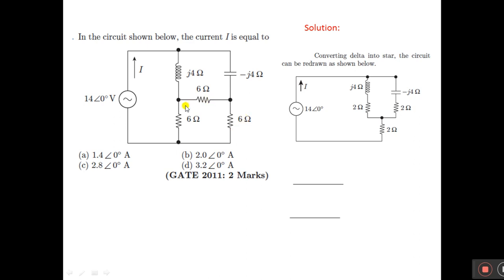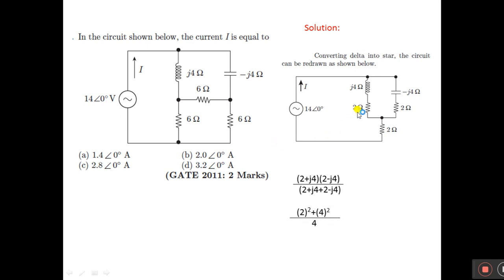According to this, all the resistors here are equal and the network looks like a delta. If we convert this into star, you should divide it by 3. So you can write it as 2 ohm, 2 ohm and 2 ohm, and combine these two values as series, and again combine these two values as series, do the parallel operation, add with 2, and you will get the resistance. That resistance you can divide into the voltage V, and directly you can get the answer I, right?